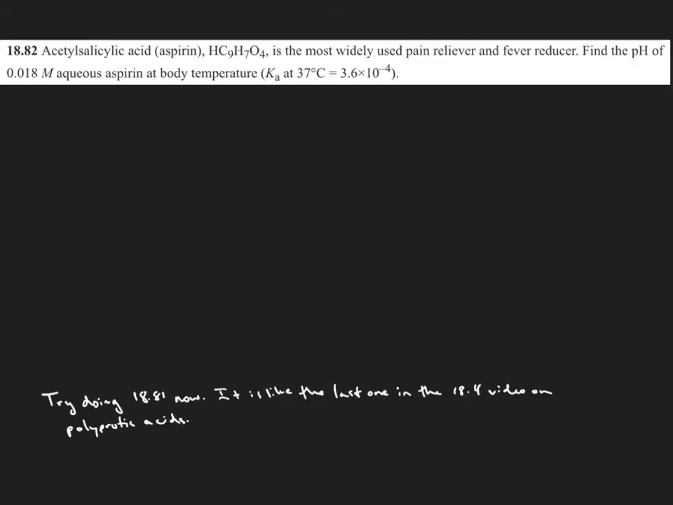Okay, and then for 82, acetylsalicylic acid, that's aspirin. There's its formula. It's the most widely used pain reliever and fever reducer. Find the pH of 0.18 molar aqueous aspirin at body temperature. So we're just going to shortcut this just like we did before. Instead of writing out the entire ice table for this, we're assuming that X is negligible, and then that this is just simply Ka times the concentration of HC9H7O4, which for this problem, it's going to be the square root of 3.6 times 10 to the negative fourth times